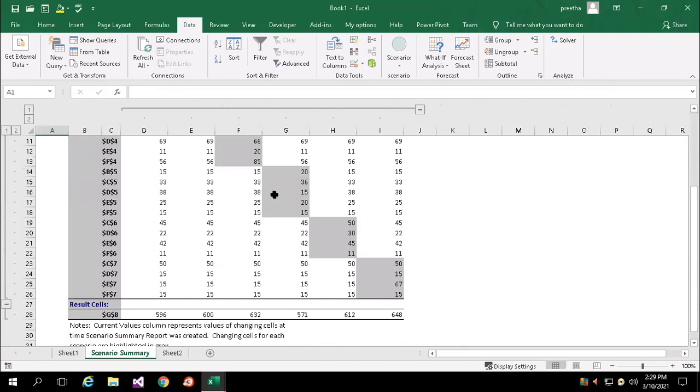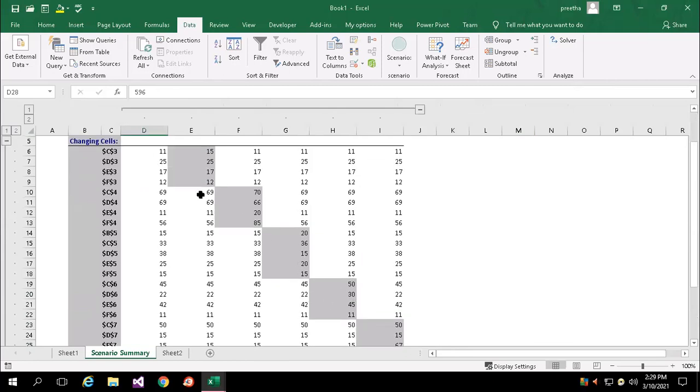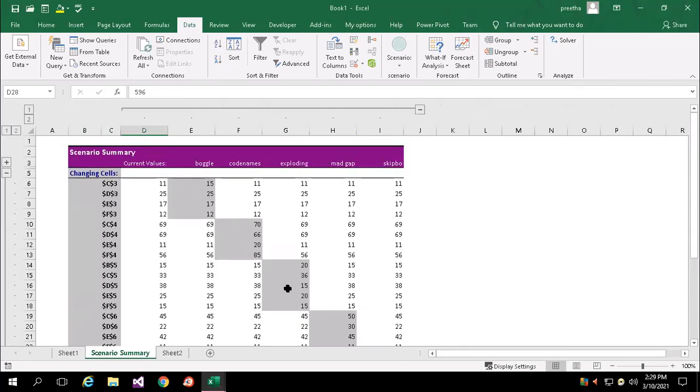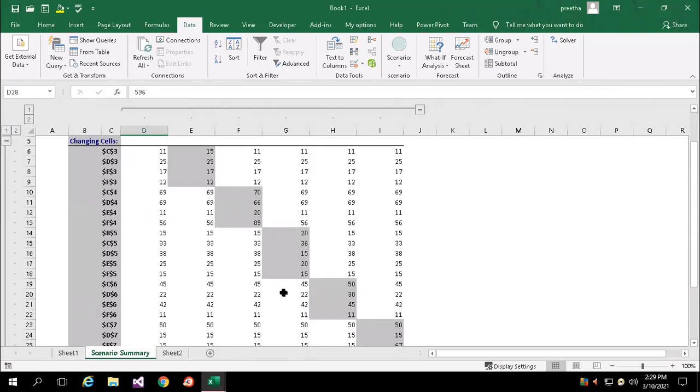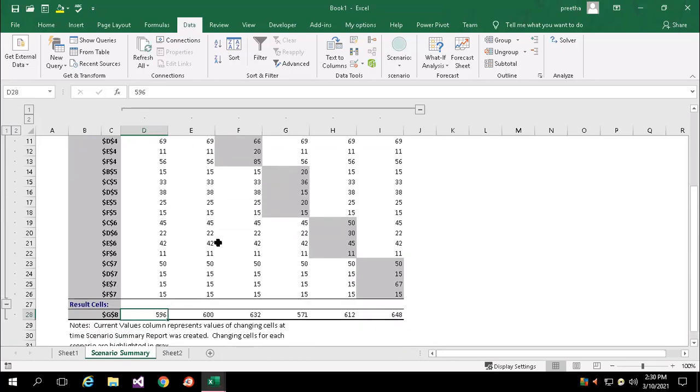So for various changes, what is your actual value? 596. And the actual is in gray color. What you altered will be in this color. That means white. Dark gray is actual, which is the original value of all. Whatever changes we have made will be in white color.